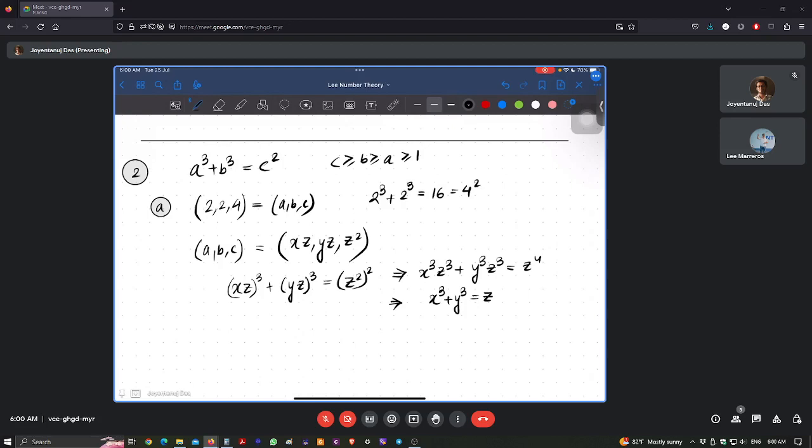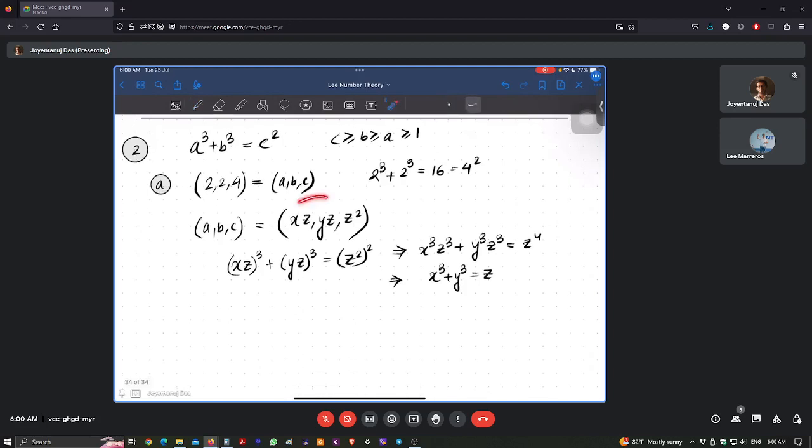So if I choose z to be x cube plus y cube, then this is a solution, because we are putting them into the required equation. So what I have is a, b, c equals x into x cube plus y cube,